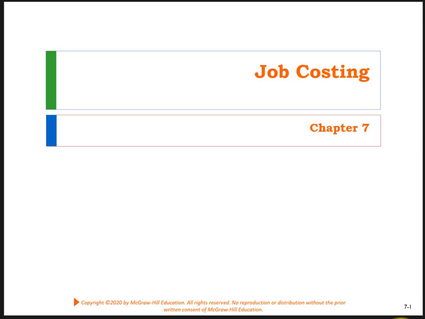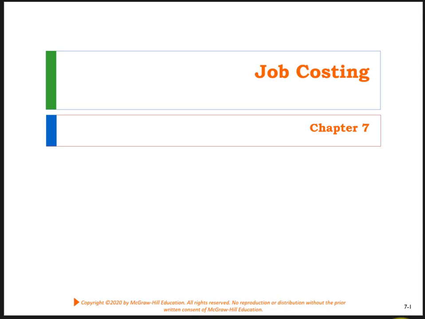Hello everyone, welcome to our second discussion for this learning module this week, having to do with Chapter 7 and job costing. We introduced the idea of allocating overhead costs. We introduced the idea of what the difference is between job costing, process costing, and operation costing in Chapter 6. Now we're going to dig further into each of those, so job costing in Chapter 7, process costing in Chapter